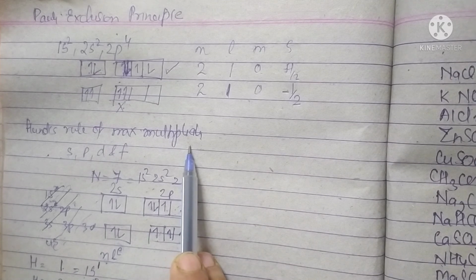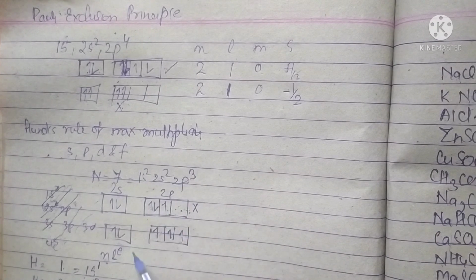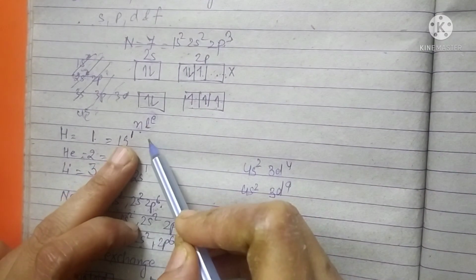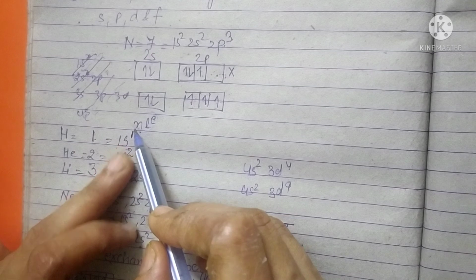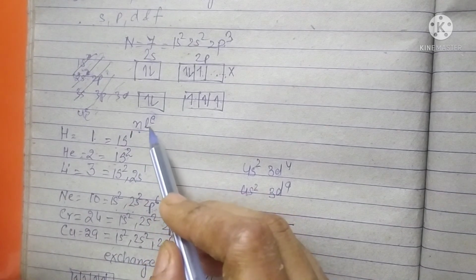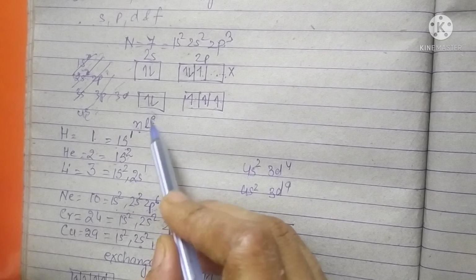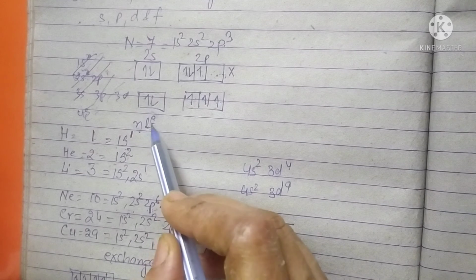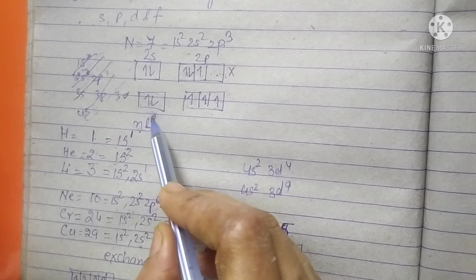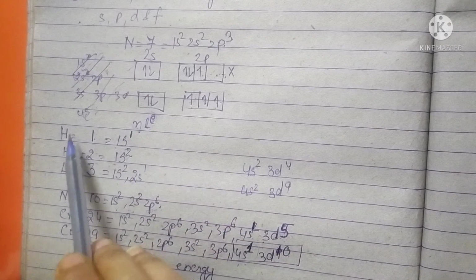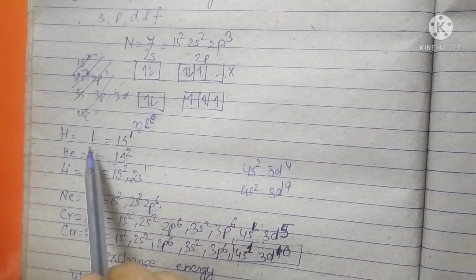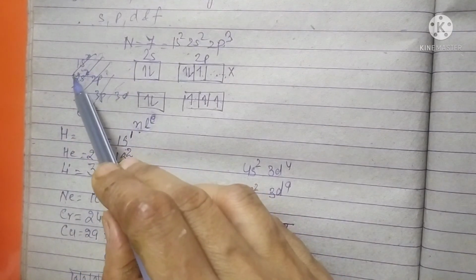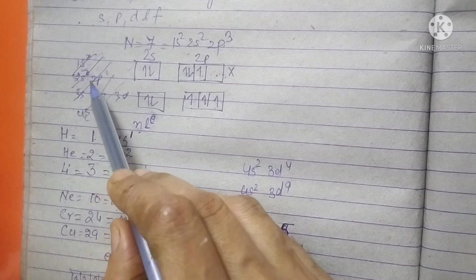Now let us try to understand how to apply these rules while writing the electronic configuration. First, how to write the electronic configuration. This is the way to express it: n, l and e as the superscript, meaning the principal quantum number, then the azimuthal quantum number, and the number of electrons as the superscript. For example, hydrogen has atomic number 1 because it has only one electron. We have already seen the sequence of filling of orbitals according to the Aufbau principle.